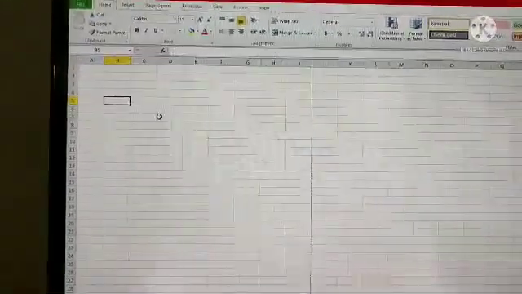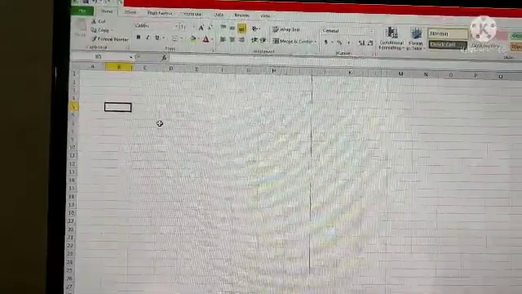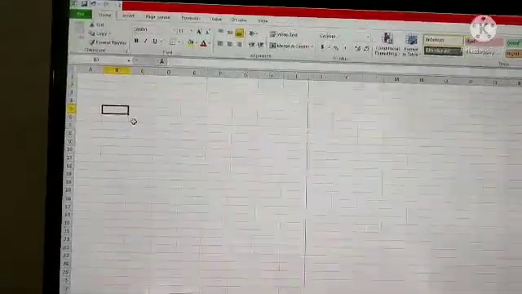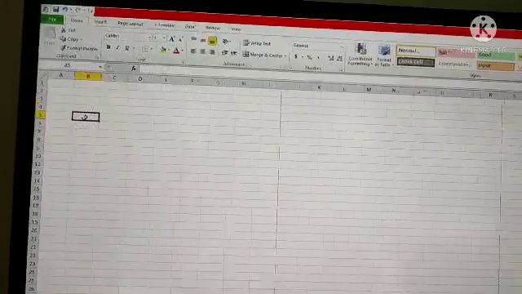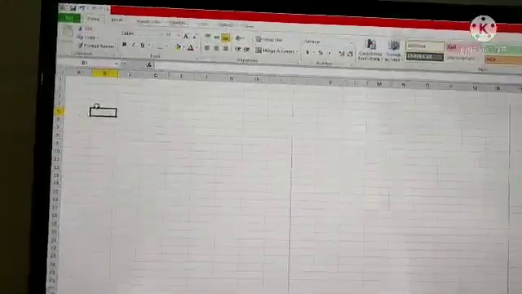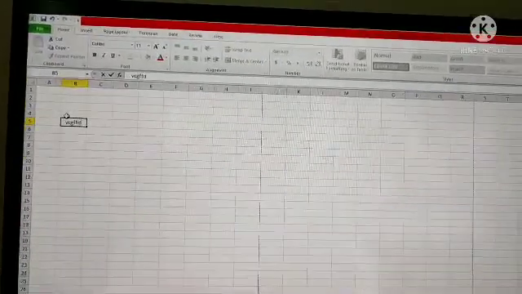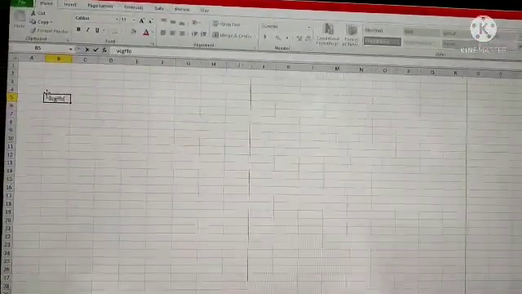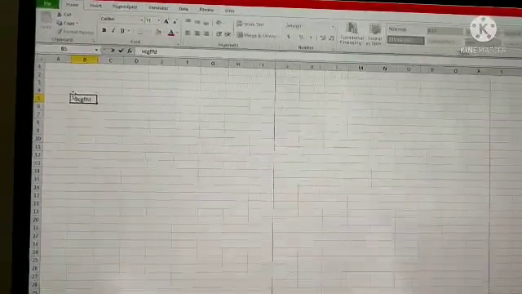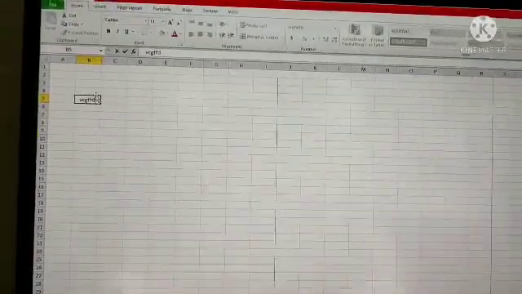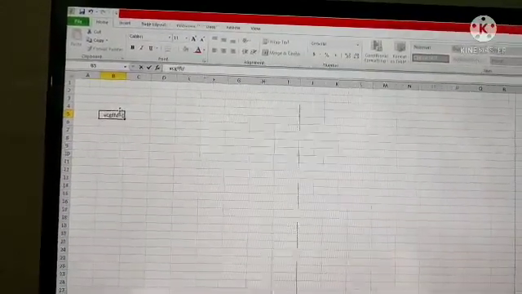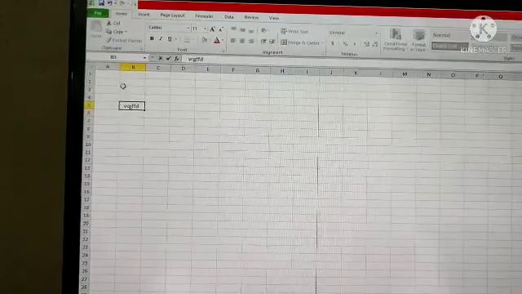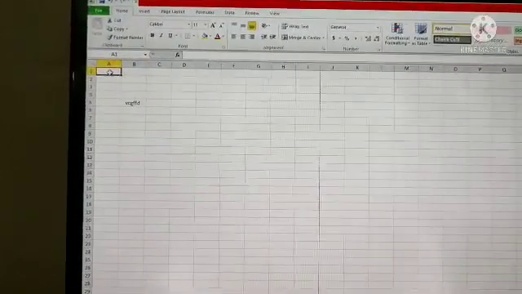Now you can see a highlighted boundary around a cell, which indicates that the cell is active. Now you can type data here with the help of the keyboard. Clear? For example, in the figure, cell B5 is the active cell. By default, A1 is the active cell in a worksheet. When you open a worksheet, you will get A1 as the default cell.